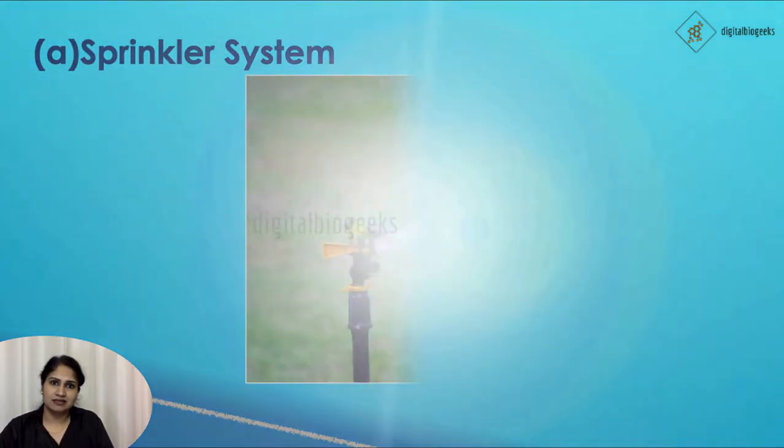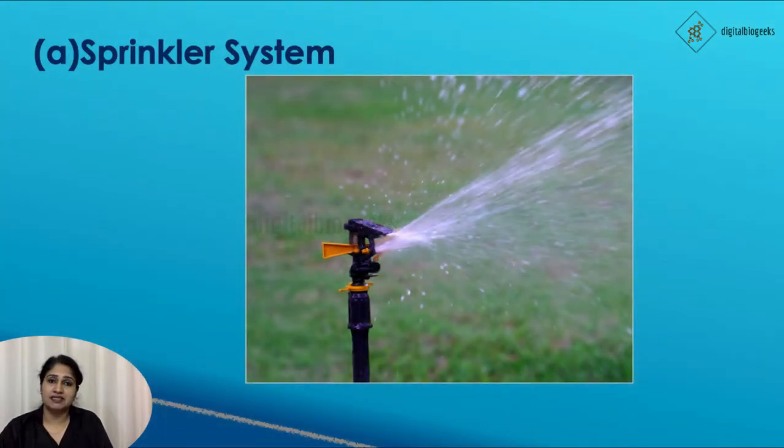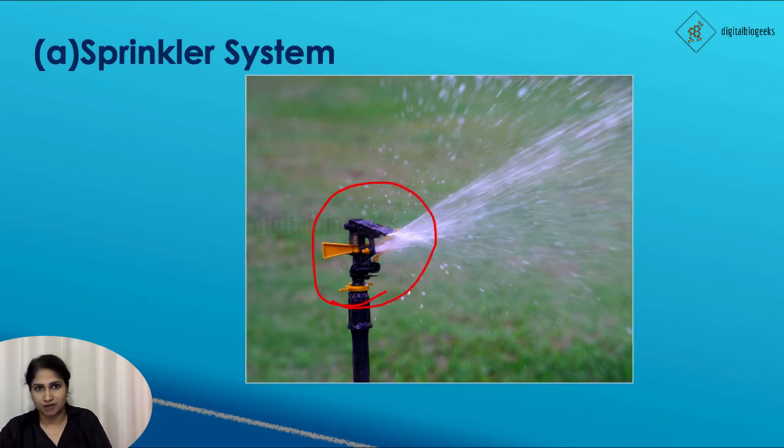In sprinkler system, a main pump is laid on the field, and this main pump contains revolving nozzles at regular intervals. These are the revolving nozzles. And this main pump is connected to a well. When water escapes through this revolving nozzle, it will spread into the field like rain. This system of irrigation can be used for a larger area or for a smaller area.